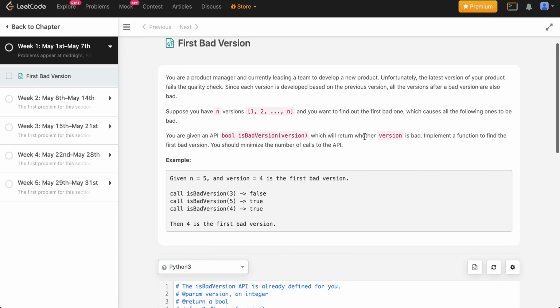So this is a pretty straightforward problem, and you can see this example which has been given over here, where n is equal to 5 and the bad version is equal to 4, and basically version 4 is the first bad version. You need to somehow find out this particular 4. So if you start with 3, you're going to get an output of false, which means that it's not a bad version, which means that it is a good version. Then you sort of go to 5, which is a bad version, so it returns a true,